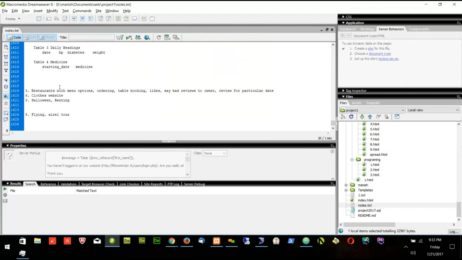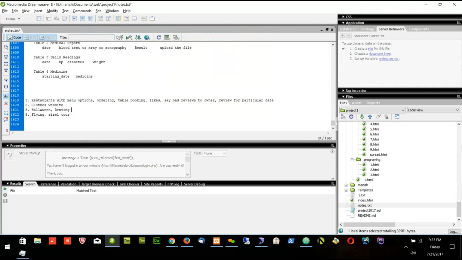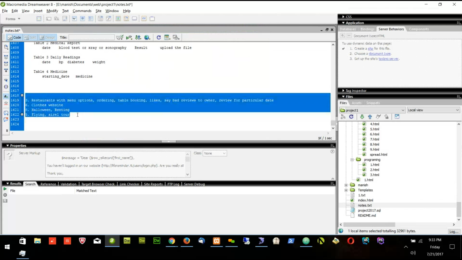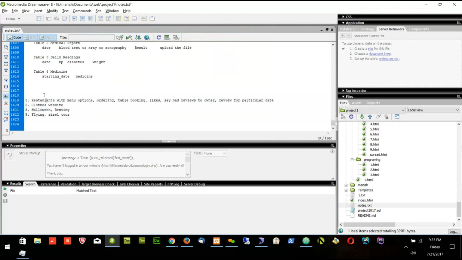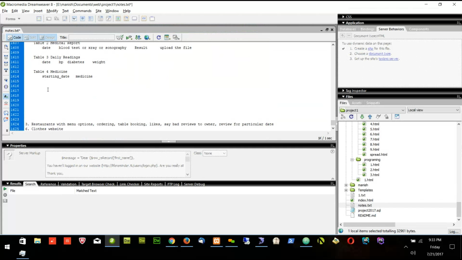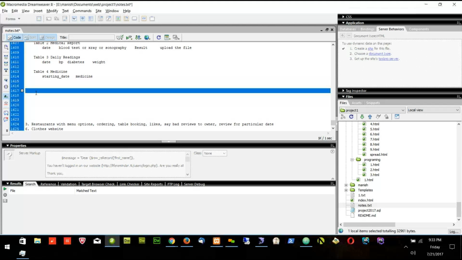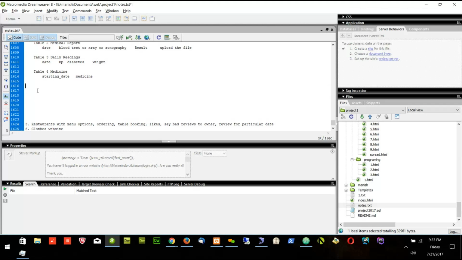Now I will create these websites. When the appropriate time comes, I will put the tables for these four. But right now, I want a few other websites which are in the priority list, and I will create those ones. So the first one which I want to create is